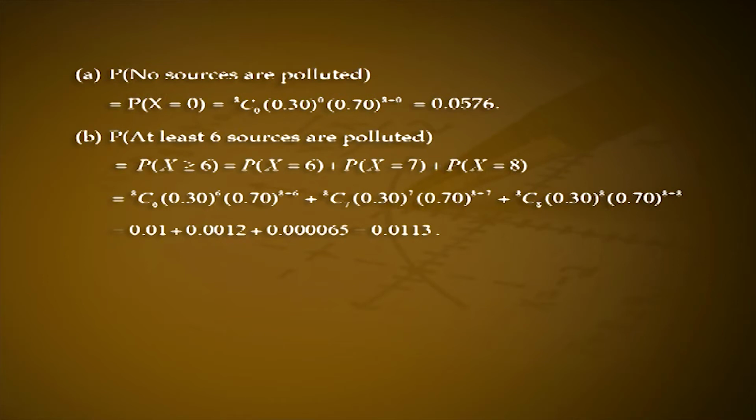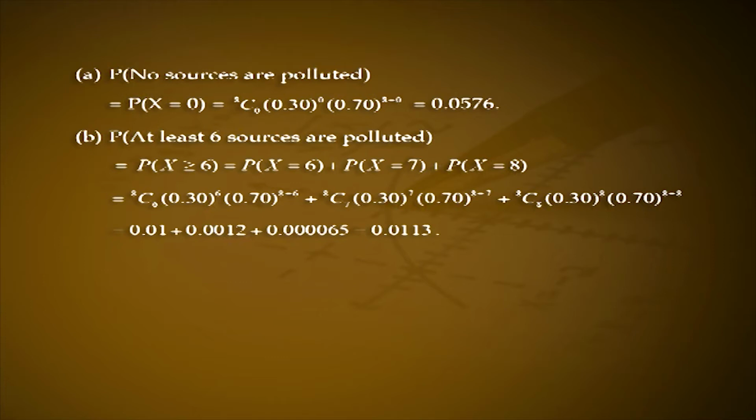Probability of at least 6 sources are polluted, that is equal to P of X greater than or equal to 6, that is P of X equal to 6 plus P of X equal to 7 plus P of X equal to 8, that is equal to 8C6 0.3 raised to 6 into 0.7 raised to 8 minus 6 plus 8C7 into 0.3 raised to 7 into 0.7 raised to 8 minus 7 plus 8C8 into 0.3 raised to 8 into 0.7 raised to 8 minus 8, that is 0.01 plus 0.0012 plus